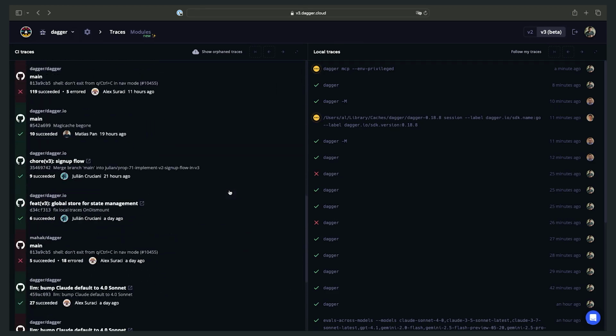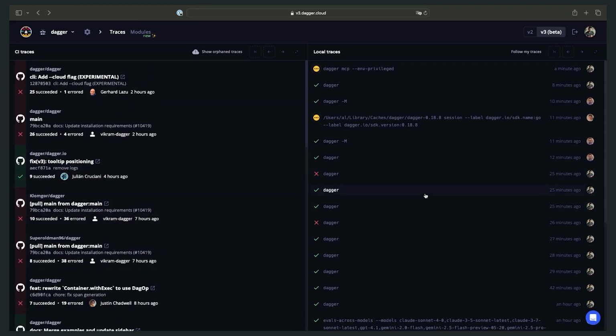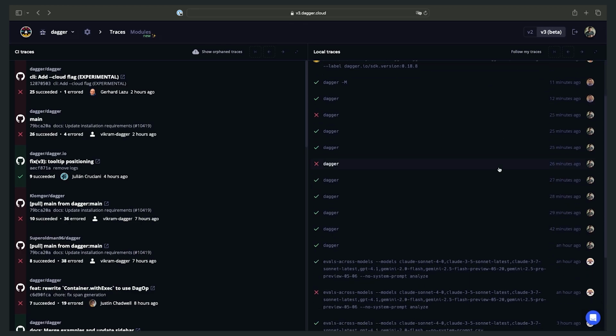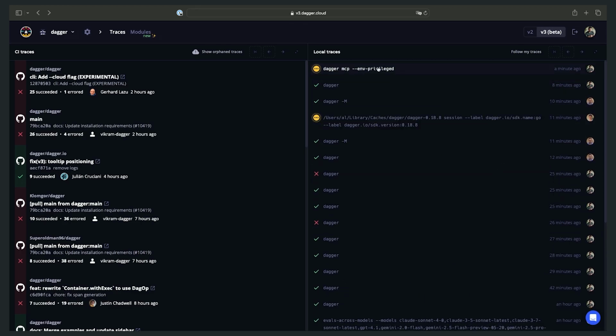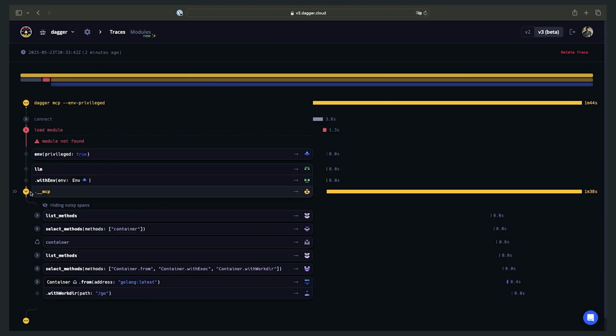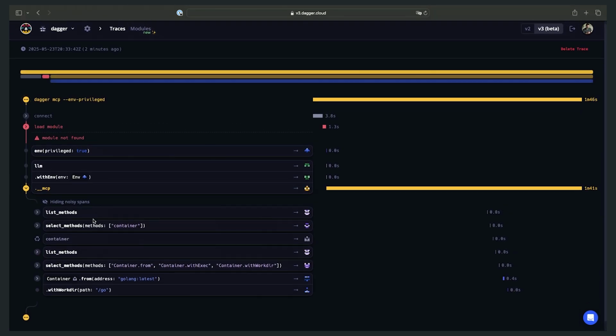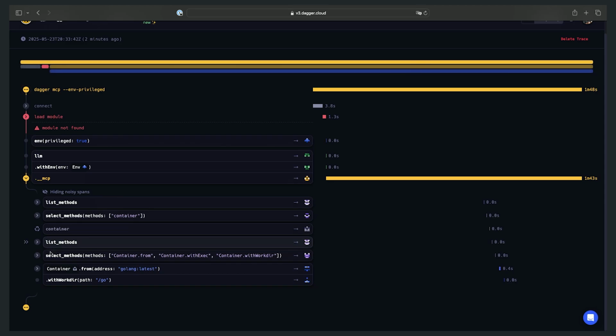You can see the same engine running these CI workflows, and on the right, that's the team running random dev workflows, and that's me right here. That's other people from the team. And you can see now I'm calling Dagger MCP. And in here, you can see I'm tracing what Goose is asking Dagger to do via MCP, right? So here you can see, okay, I need a container from, container this, container that.